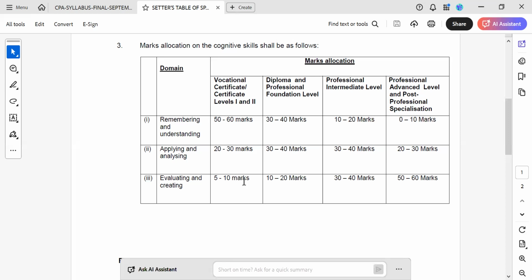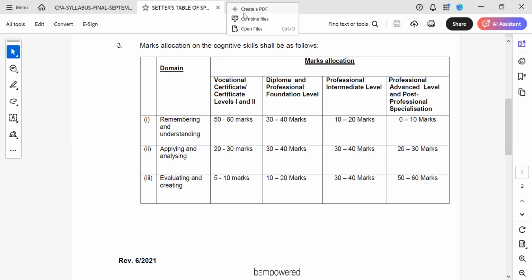Now, another area is evaluating and creating. So evaluating and creating, these are where at times you might be in an exam situation and you're like, where did this question come from? I've never seen this. These are situations whereby you're in an exam and you're like, we were never taught this. I've never seen this. And it is at that point that the sweat starts coming out on your nose.